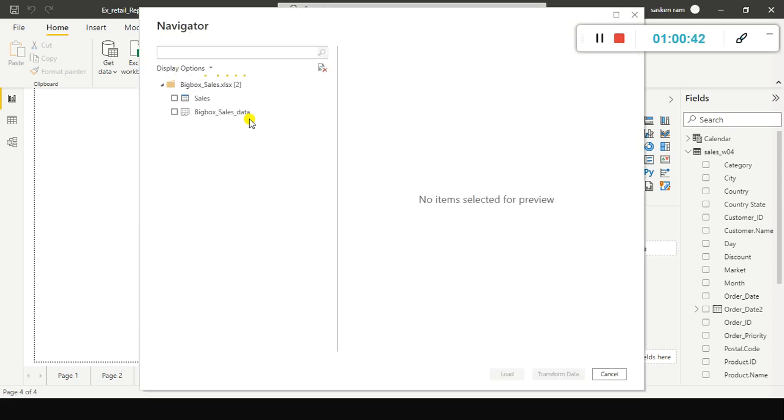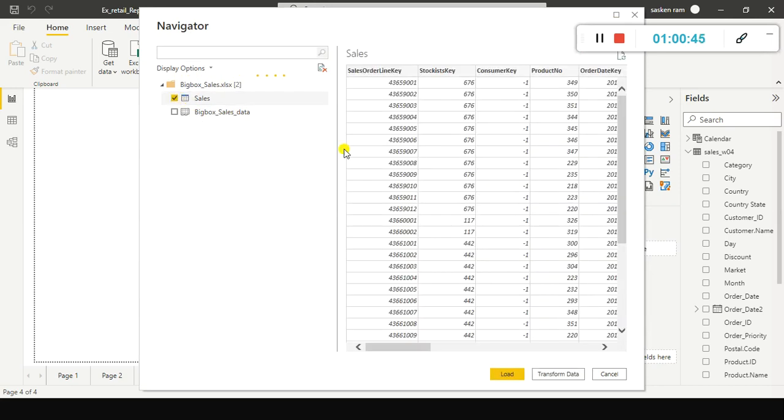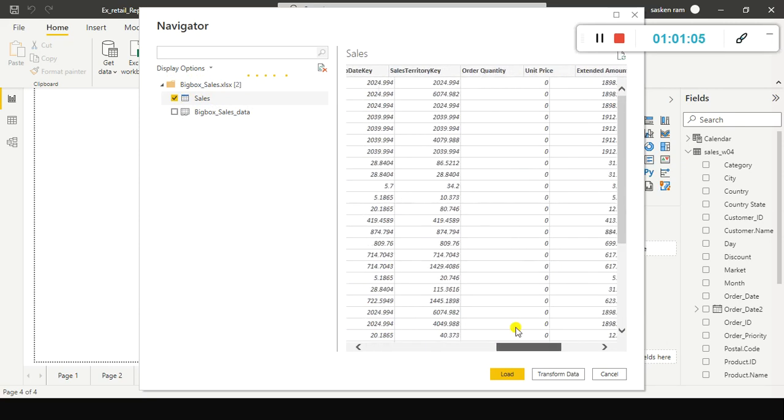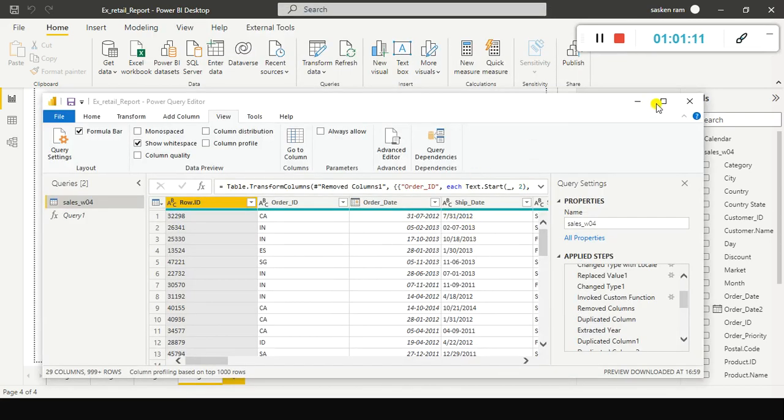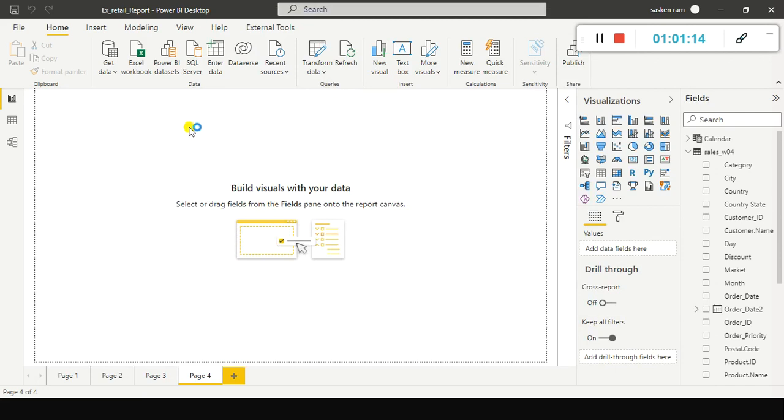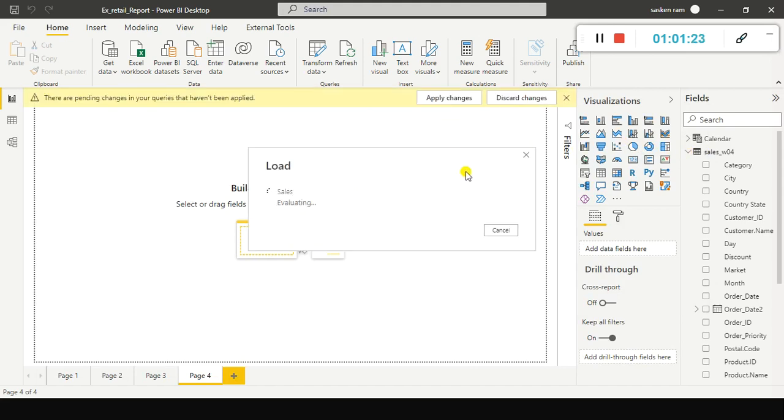And note down which all files I am selecting now. Okay, and these files, see here I just selected big data big box sales .xlsx from my operating system. It shows two tabs. Okay, you don't have to choose both. You just select the first one itself. But once you select this and wait for some time, you can see the data here clearly, right? Everything is there. Then what you do is click load. So, and then wait for some time. It will not load immediately, it will take some time. So apply changes, it will take some time to load.